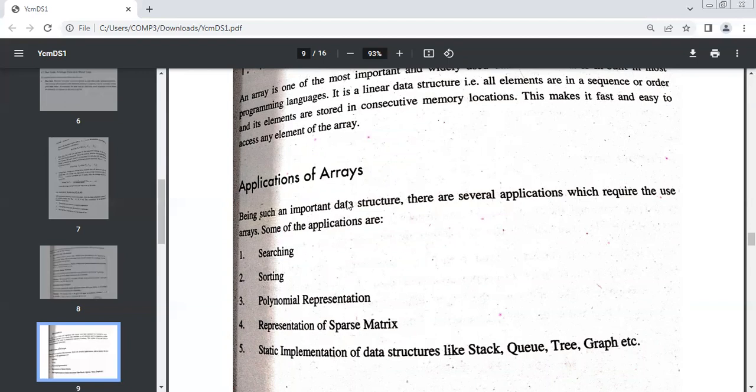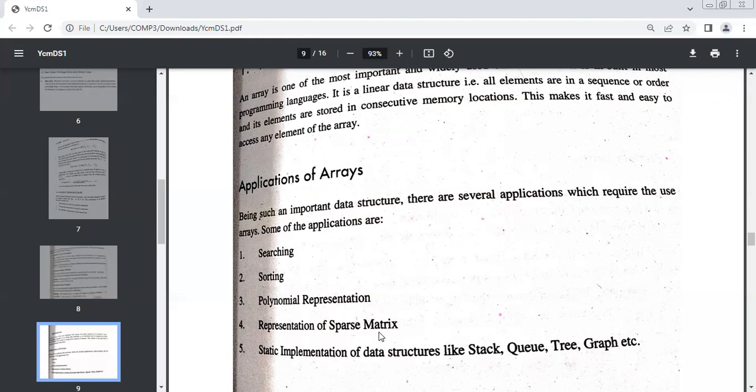एरे जो है वो कहाँ पे यूज होता है? Meaning, the important data structure which is array, and the application of array is: first application is searching. सर्चिंग करने में हम एरे यूज करते हैं, सॉर्टिंग में हम एरे यूज करते हैं, पॉलिनोमियल रिप्रेजेंट करने के लिए भी हम एरे यूज करते हैं,